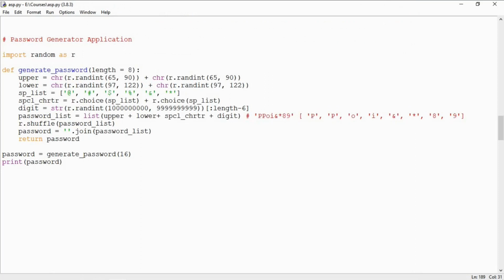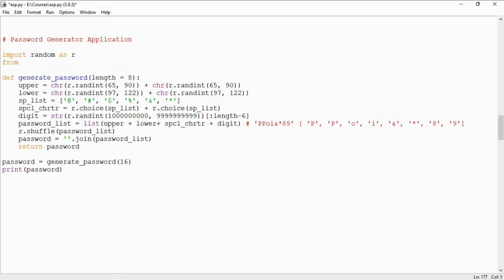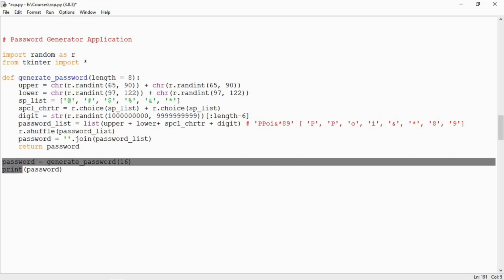So now the next task will be to make a GUI of this application. So for that what we will do is we will import from Tkinter, we will import everything. So from Tkinter library we want to import everything, and that's why we have used the star, which means we want to import everything from the Tkinter library. So we will first of all comment this,